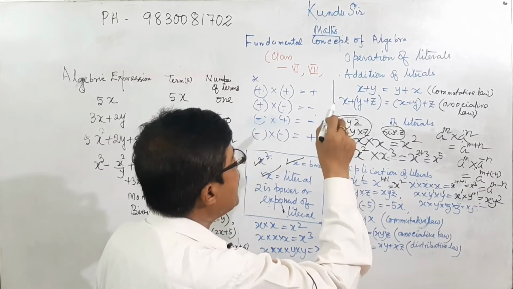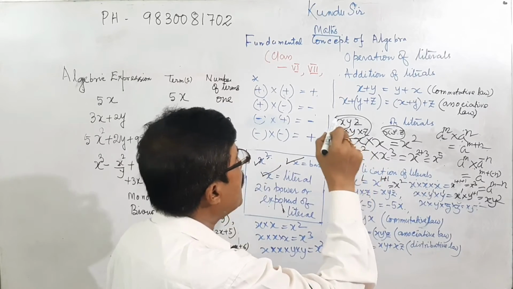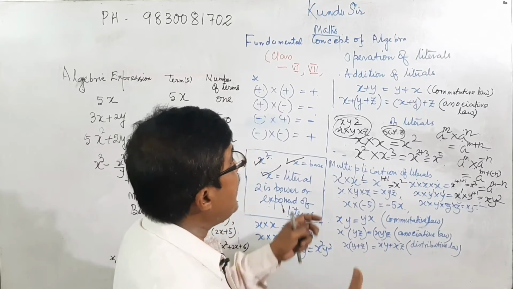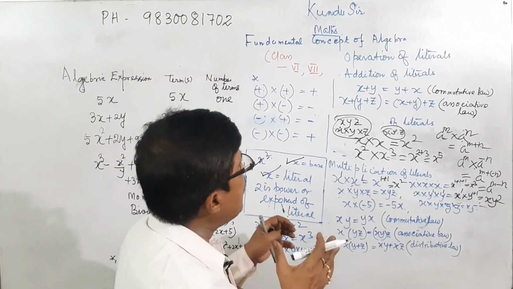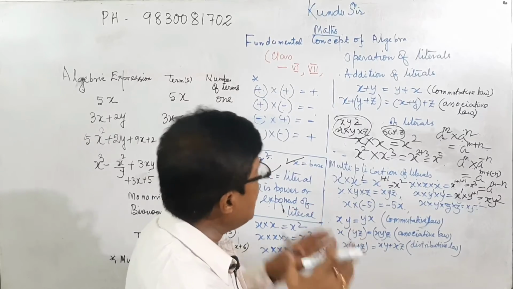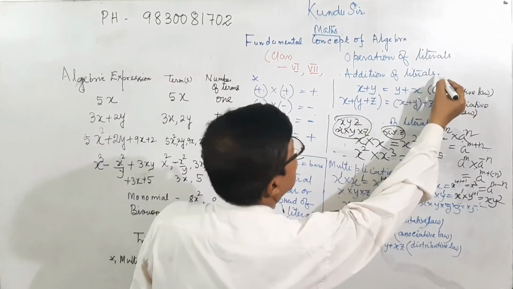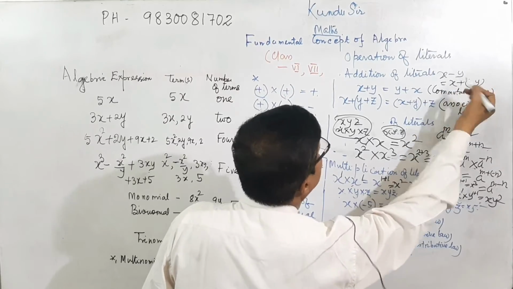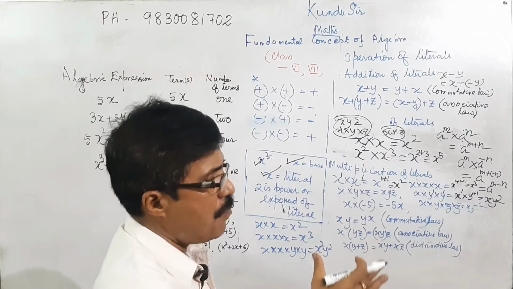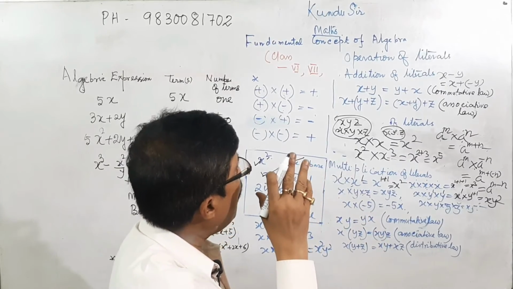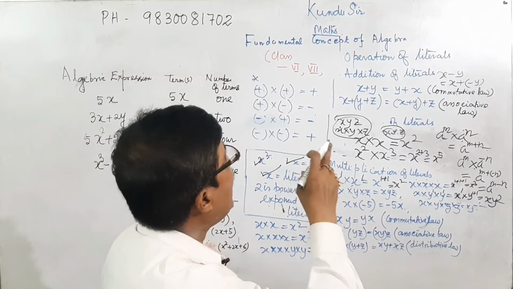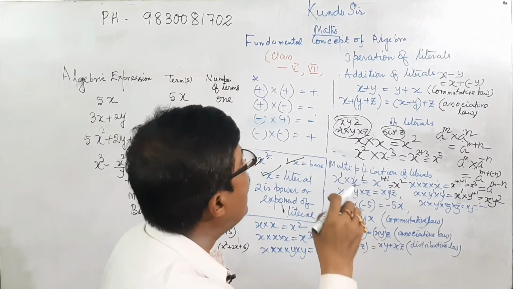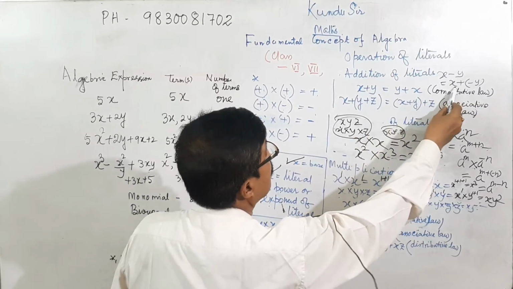Now again we are coming to the commutative law and associative law. In case of additive operation or subtraction, subtraction can be arranged as additive operation or addition, because x minus y can be written as x plus minus y. So, with the help of the addition property, we can arrange minus literal terms or numerical terms in this form also.